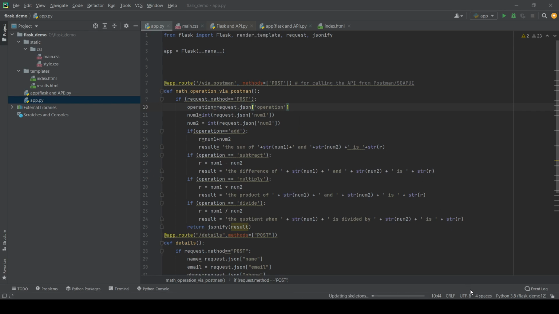Now click on apply and then press OK. So here you will see that updating skeletons is proceeding. It's actually running in your background.